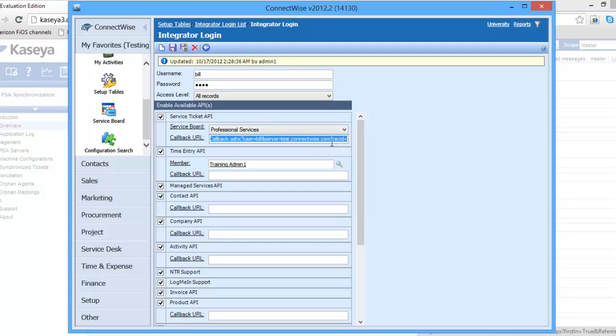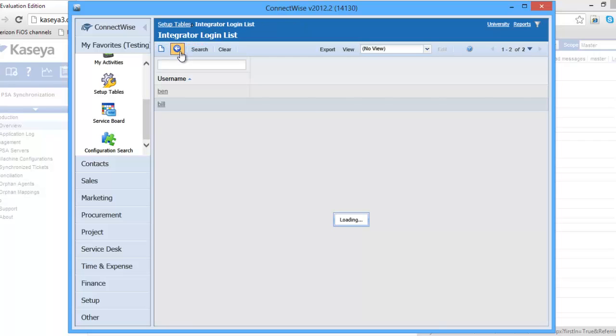The callback URL field enables ConnectWise to post real-time updates back to Kaseya. The structure of the callback URL involves the initial piece, which is your Kaseya PSA domain /KPSA/ticketcallback.ashx, then $user equals the username of your integration logon user, &server equals the ConnectWise server name, &recID equals. Once your settings are all correct, go ahead and click on the Save and Close button and